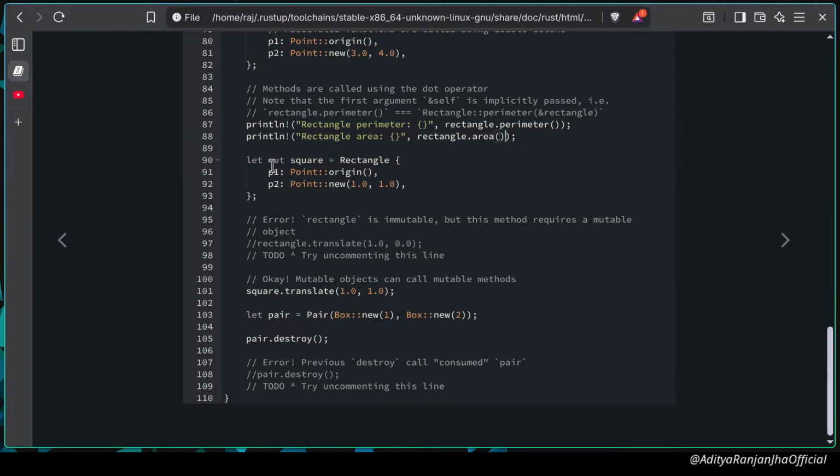Now there's another mutable rectangle type, but we have named it square, so don't be confused. This variable is just a name. It is of type rectangle only. Now what we are doing is we are assigning it a point one, which is origin, which is 0, 0, and origin is a function in the type Point. We have implemented it at the top. Now we are assigning it a new value, which is 1, 1. And then what we are trying to do is